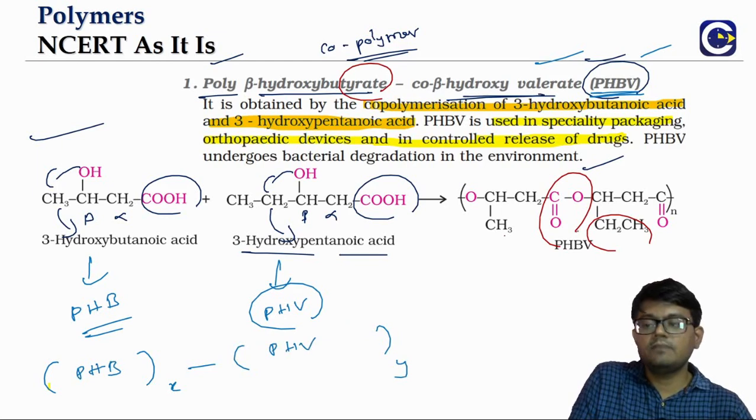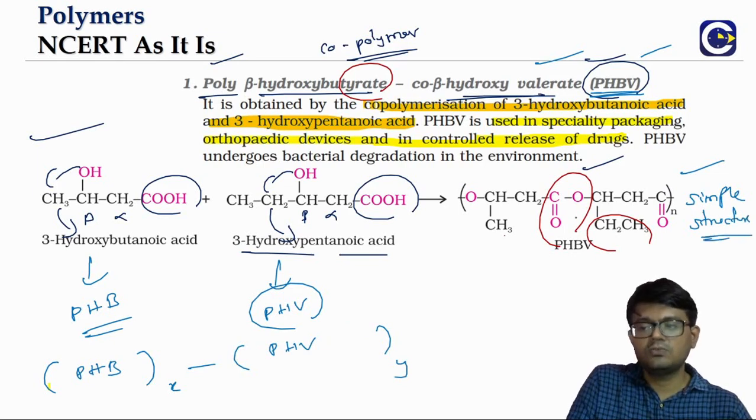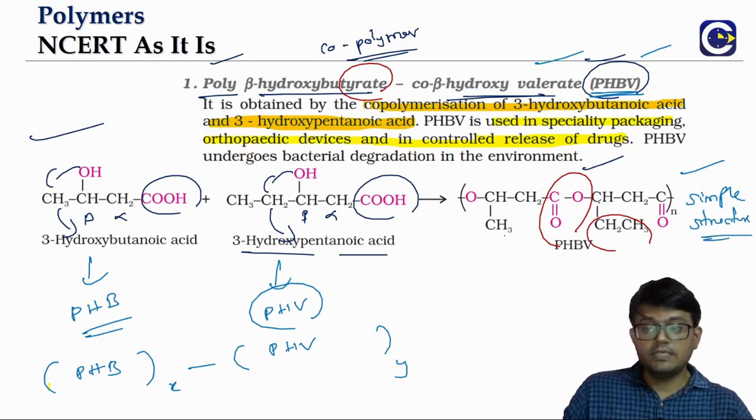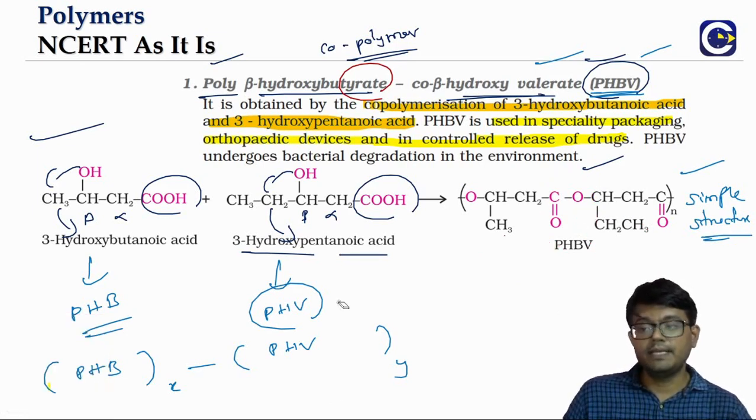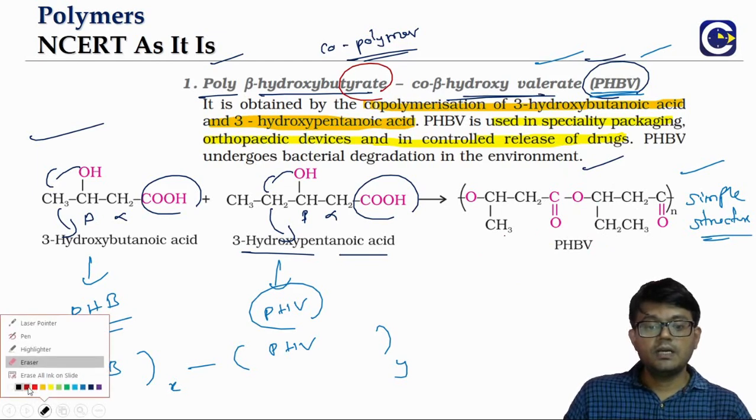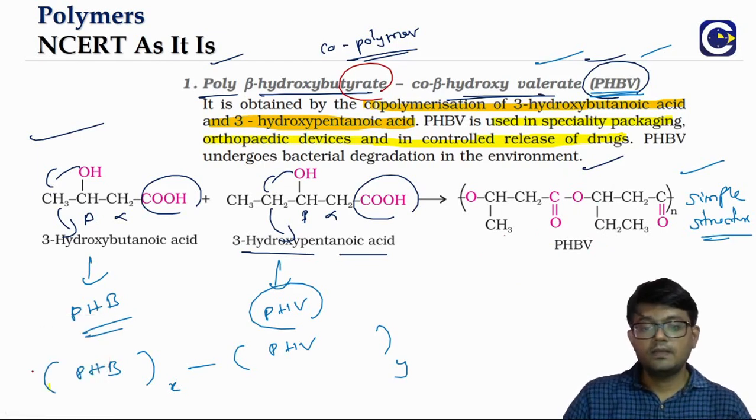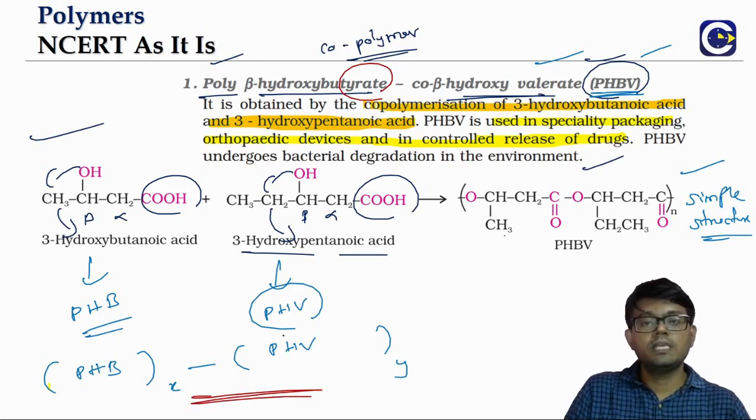So here in the NCERT we are given this very simple structure. And of course this is fine for us to answer the questions, because if there is a question coming in JEE or NEET, they will usually go with this structure only. This is a structure that we need to keep in mind whenever they ask us about the PHBV. But when you go further into higher studies, you will see how the actual structure of the PHBV can be represented in a different way.